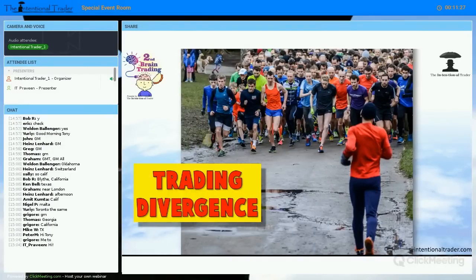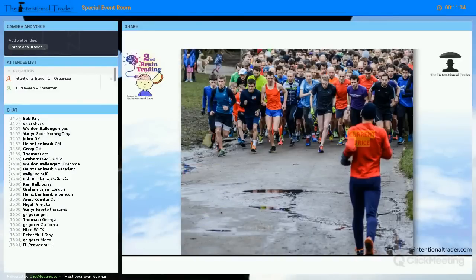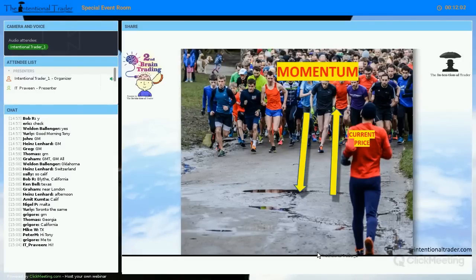Now, if this runner doesn't suddenly jump off the path and he stays on the path, he's going to run into all of these other runners. All of these other runners are beginning this push this way, and they have a lot of push behind them. So current price is heading in the opposite direction of momentum. When they run into each other, what's going to happen to this guy? This is what's happening in the market